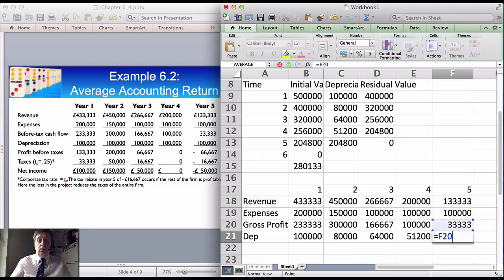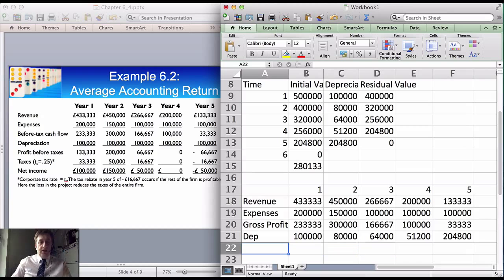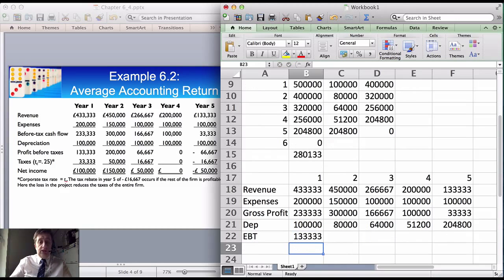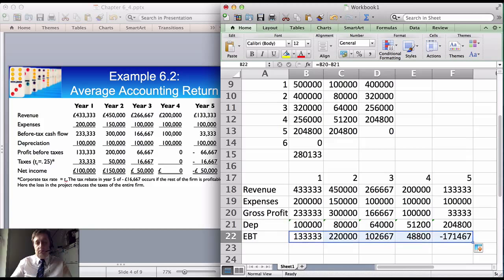And in the final year, it's pretty bad. Well, it's not pretty bad, it's just high. So the earnings before taxes is just gross profit minus depreciation. See, you're making a loss, and it's a much bigger loss in the last year,